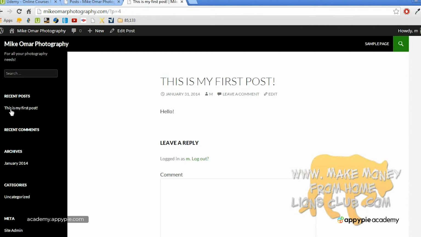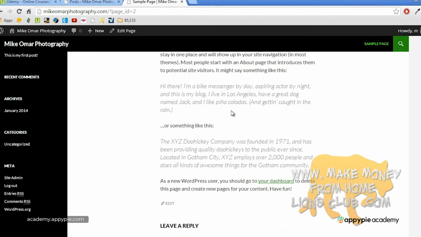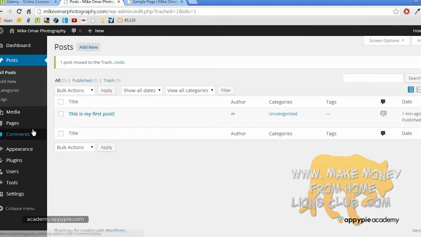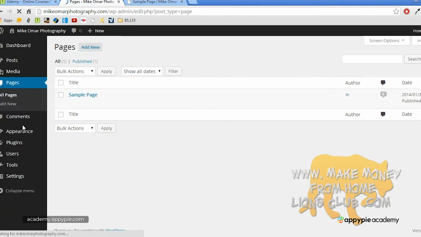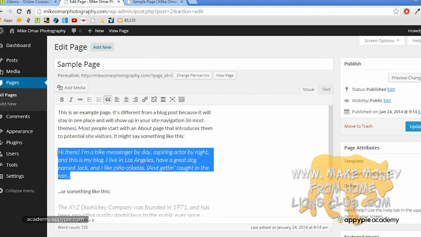Pages works the exact same way. Right now we only have sample page, and under sample page, it says, this is an example page, blah, blah, blah. So let's do something else. Let's go to pages. There's a sample page right there. I'm going to show you something. Let's click on sample page. Let's just delete this,